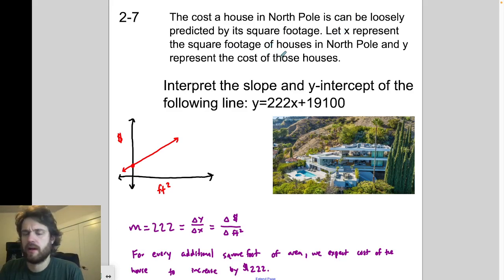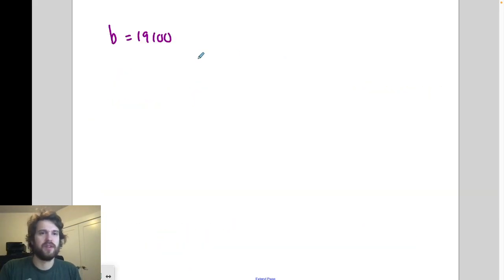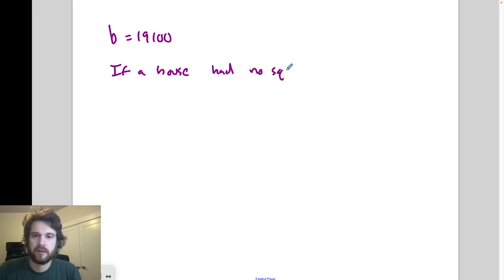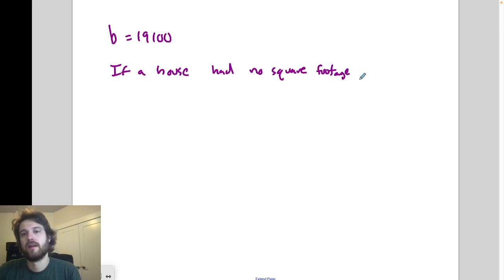So what this means is, if a house had no square feet, so the floor plan had no square footage, okay? It would still cost